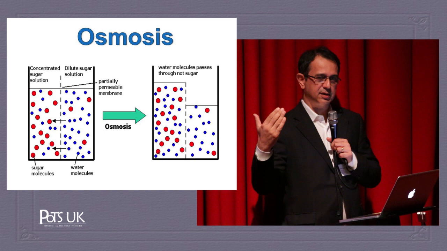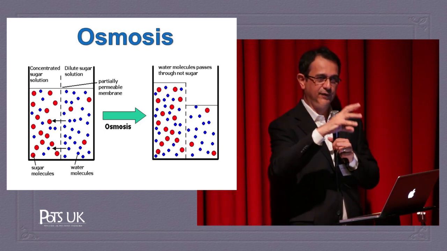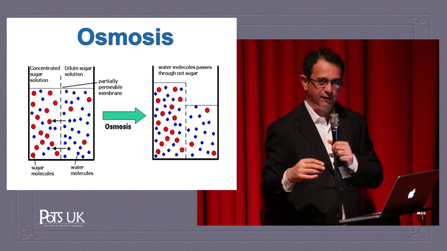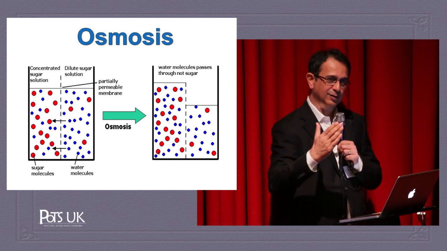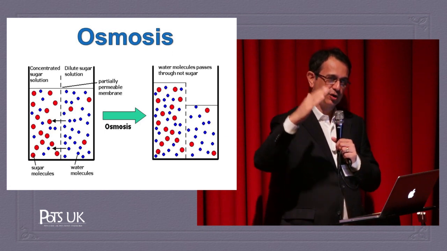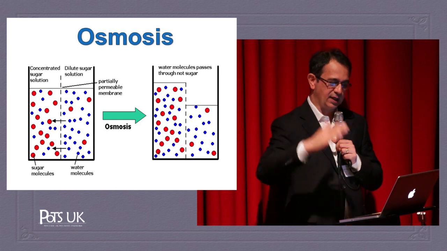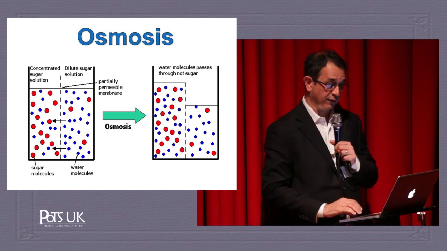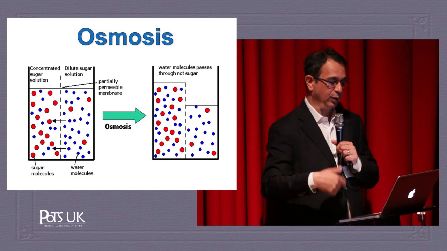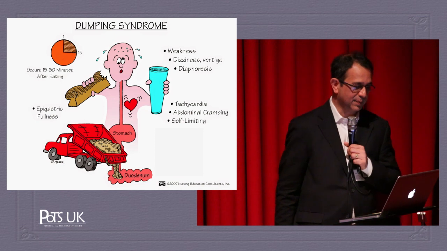And then because of this osmosis, you can get a plasma shift from the blood vessels surrounding the duodenum. And that plasma shift will cause a hemodynamic change. So again, there's going to be a further drop in your peripheral circulatory volume, and that will have consequences. So hence we have this patient with